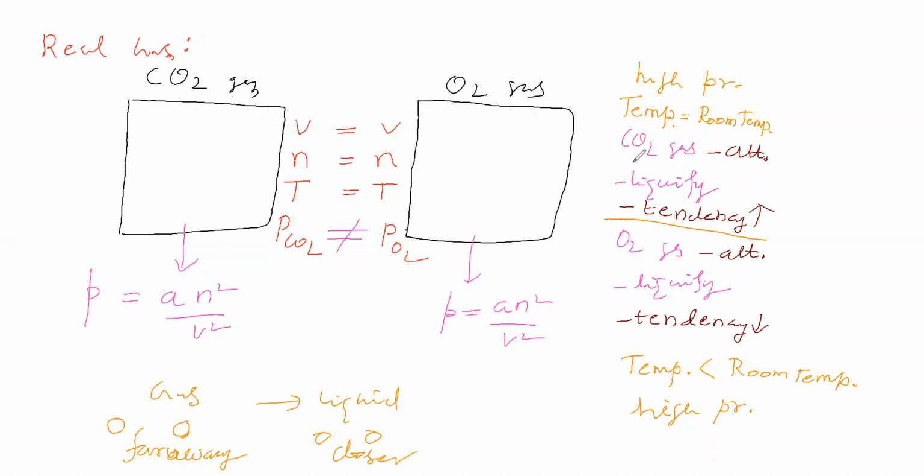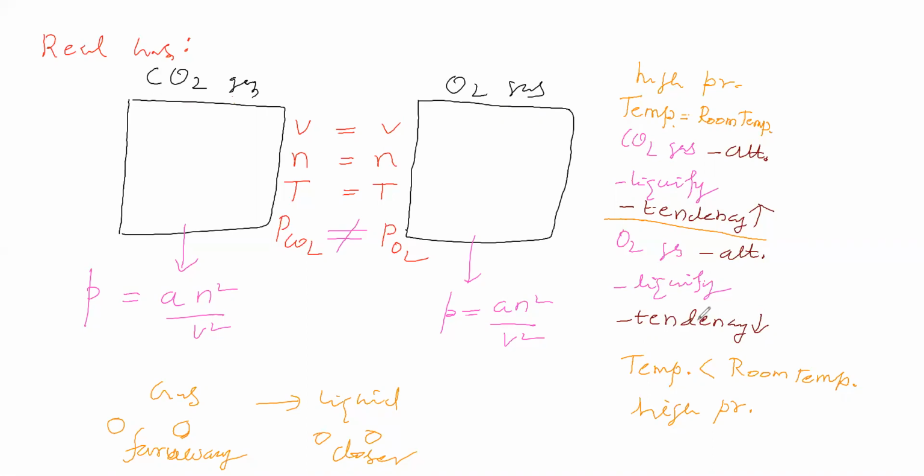Here we are converting carbon dioxide gas into liquid. That means carbon dioxide molecules are coming closer so that the gas becomes liquid. Similarly, when we convert oxygen gas into liquid, oxygen molecules are coming closer so that the gas converts into liquid. Liquefying this one is easy when compared to this one. It is easily liquefying, and the other is not easily liquefying. That means these molecules easily come closer, whereas these molecules are not coming closer easily.